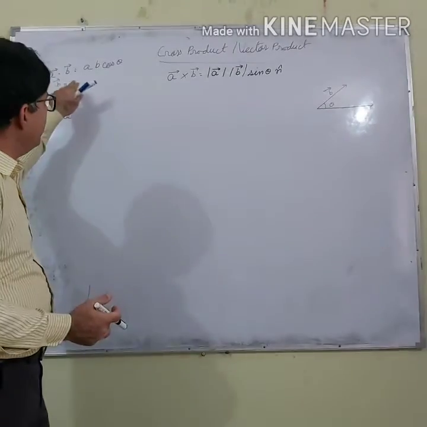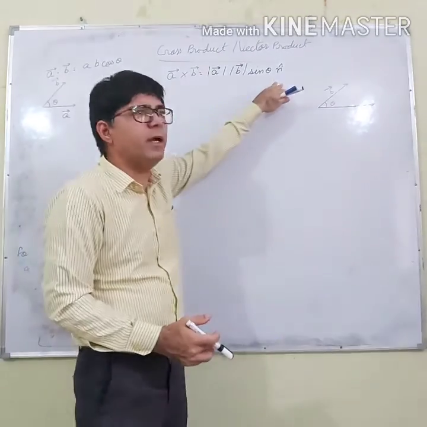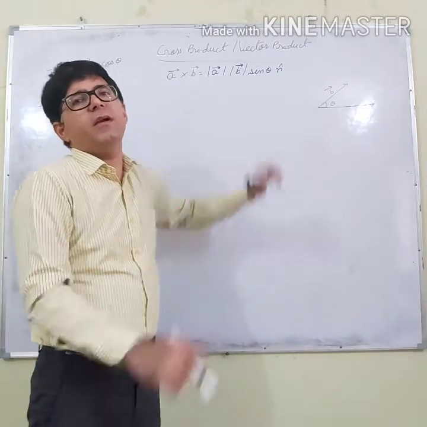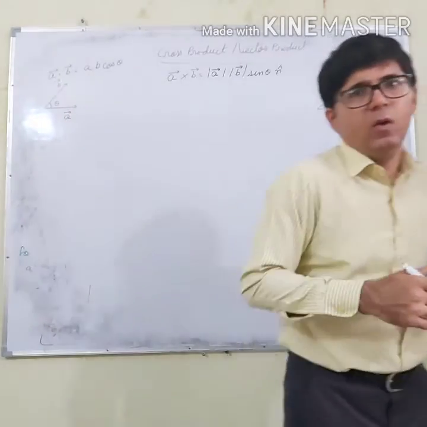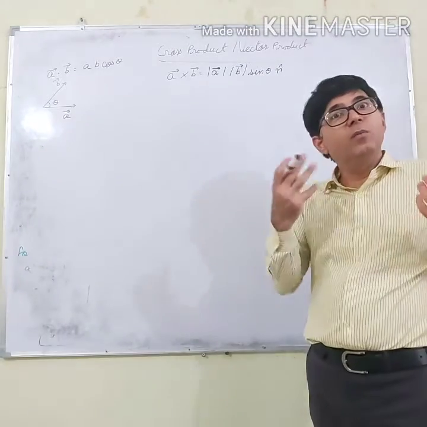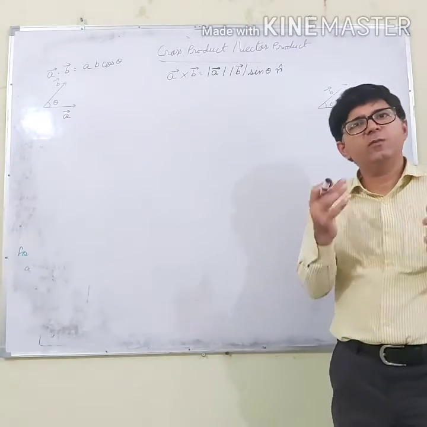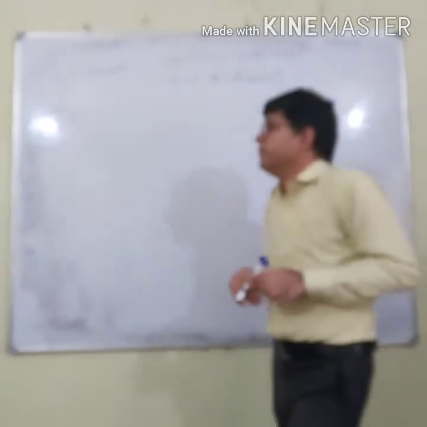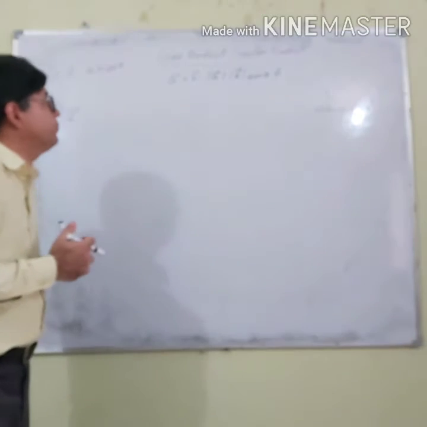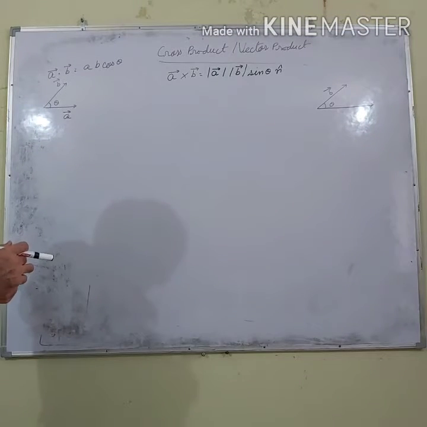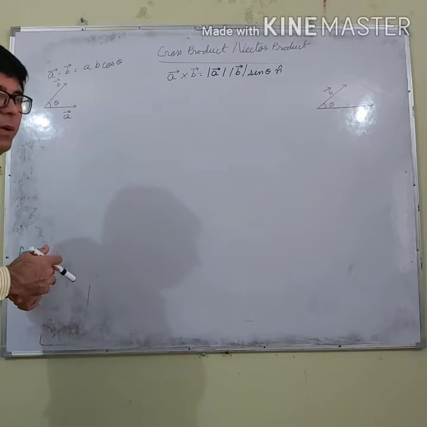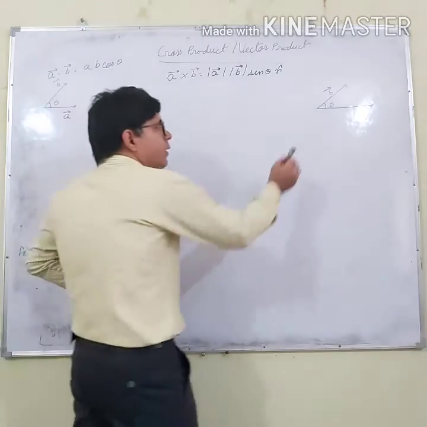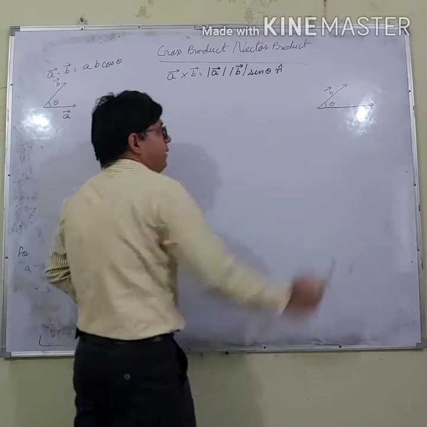So what is the dot product? It is a scalar quantity. What is the cross product? It is a vector quantity because it has direction. Now there are a number of examples which follow the vector product, for example torque and angular momentum. They can also be expressed as a cross product, which you will study in later chapters of your syllabus. So A cross B is the magnitude of A multiplied by the magnitude of B, sine of the angle between them, n cap, where n cap is a unit vector perpendicular to both A and B.